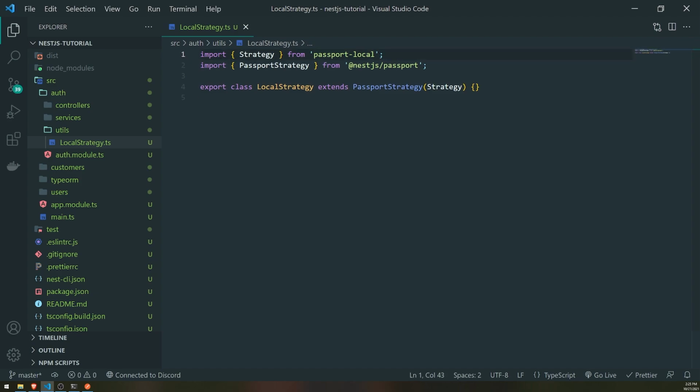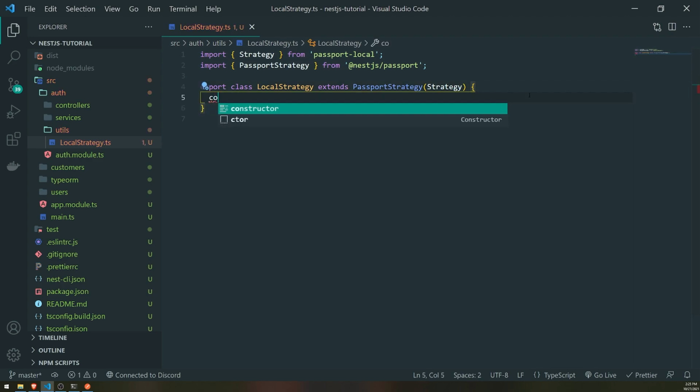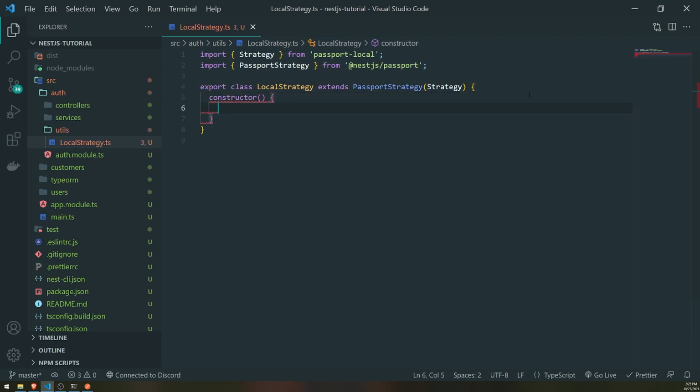Let me just do that real quick. Cool. All right. So we're basically going to extend passport strategy, and we're going to call this function, and it's going to take in this strategy. Now what we do next is we need to set up the constructor. And for the constructor, this is where we're going to need to inject the service where we actually find